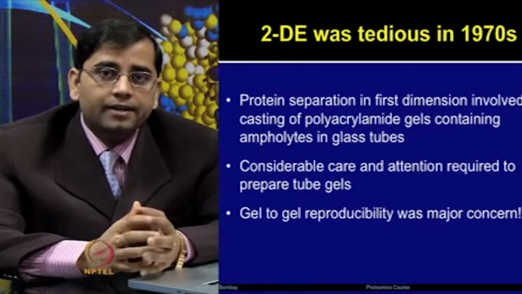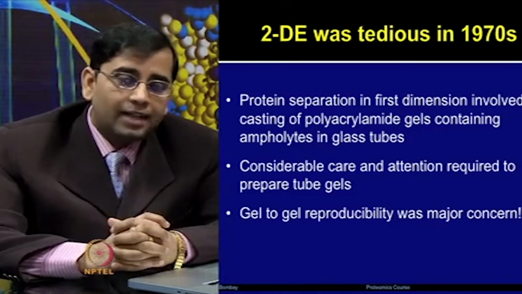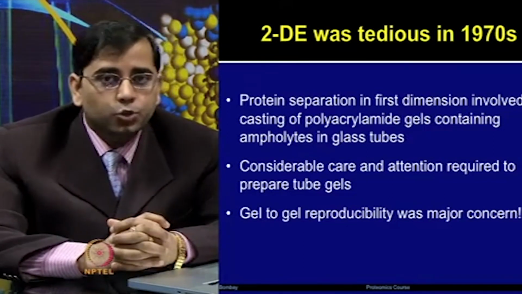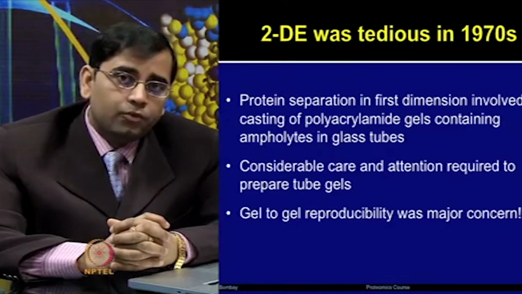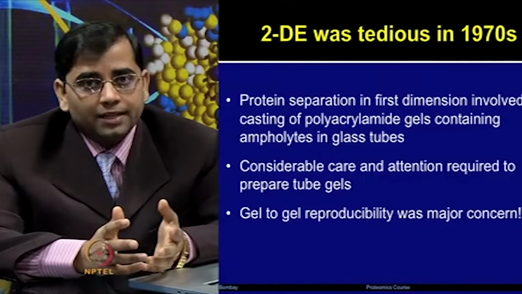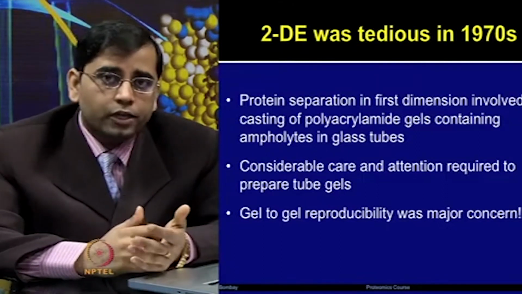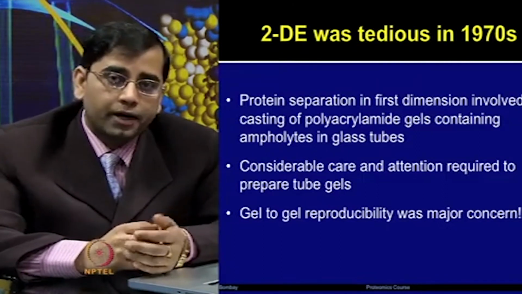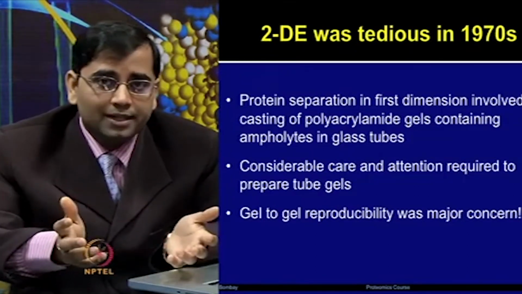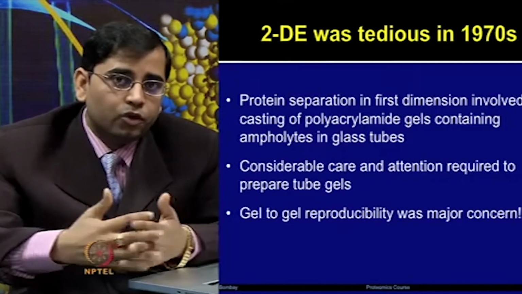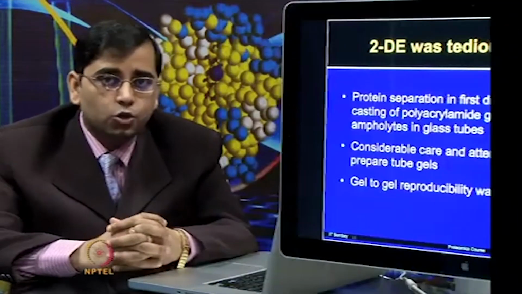A lot of care and attention had to be taken at that time to prepare the tube gels. One of the major concerns was the reproducibility from gel to gel. For example, if you want to compare a control and a treatment and you want to analyze those two images, a lot of variation was observed using the tube gel method. So, the question is